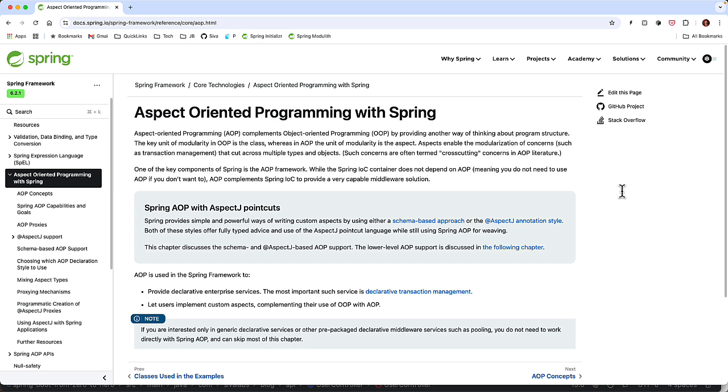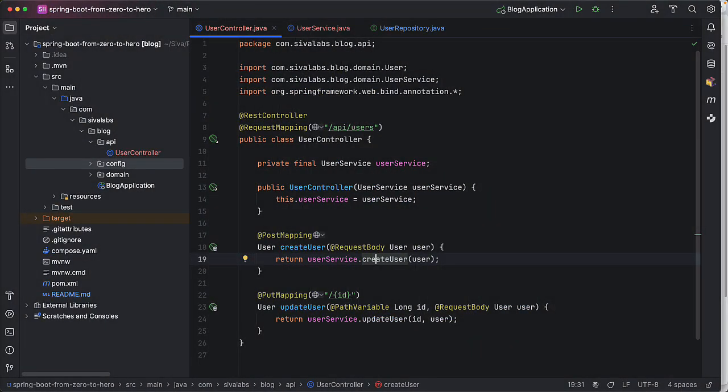By understanding AOP concepts, it will become easier to understand how database transactions work internally, and also you will understand how to configure your application in a much better way. So let's get started. First, let us understand what AOP is and what kind of use cases we can use